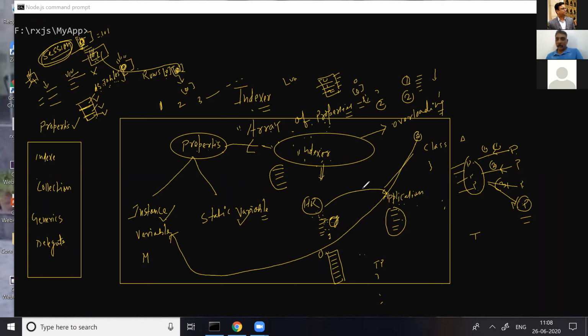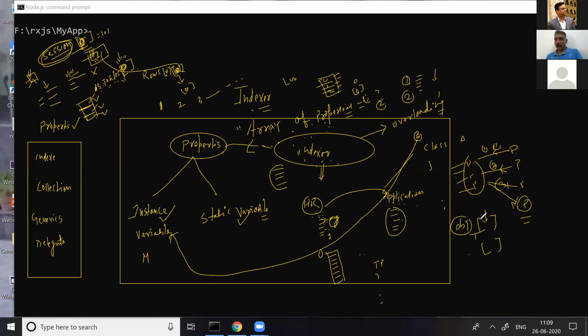The reason is that an indexer can be accessed by the object, with square brackets: object, then your subscript.